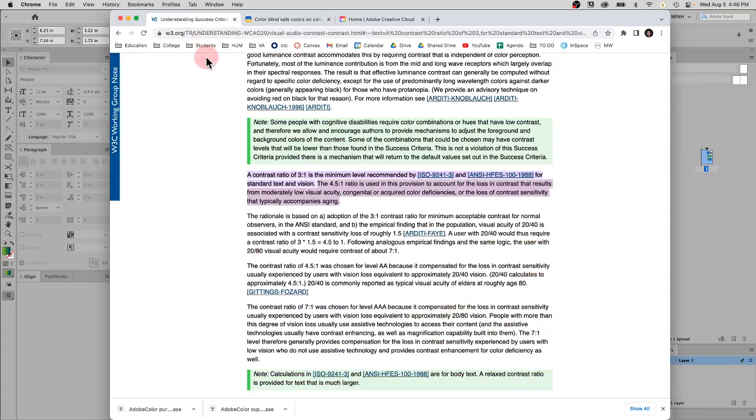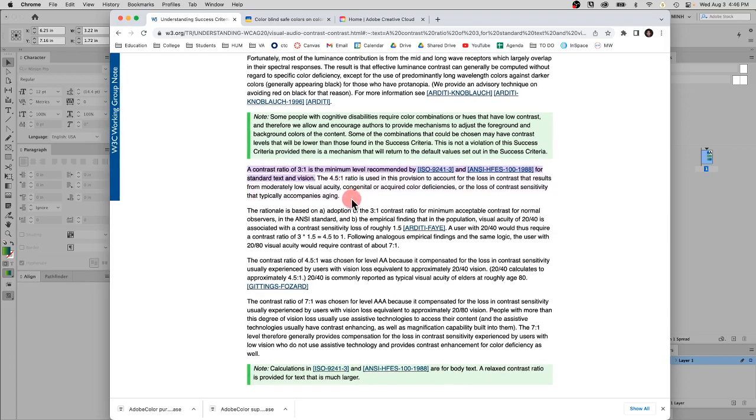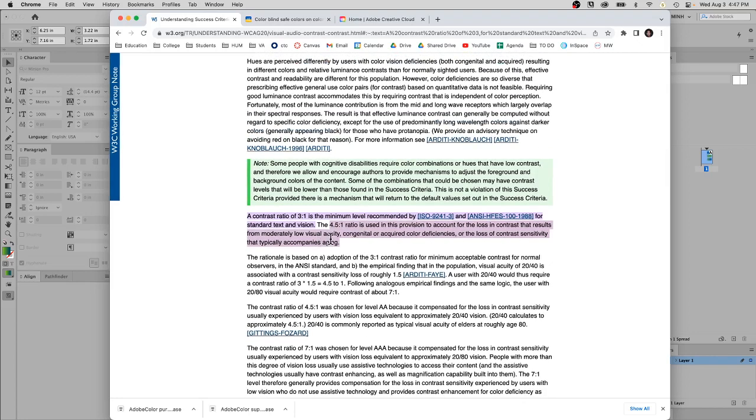Something that you might want to look at is w3.org. It's a website that talks about working within the web community. So a standard minimum contrast level is 3:1, which is recommended for international and American standards. But for graphic designers, we kind of want to work within maybe 4, or what is most recommended is the 4.5 to 1 ratio. This accommodates for a lot of, again, low visual acuity,